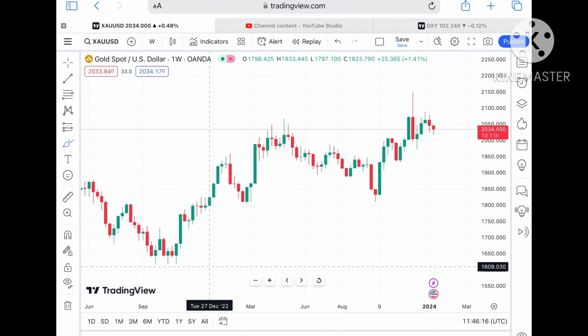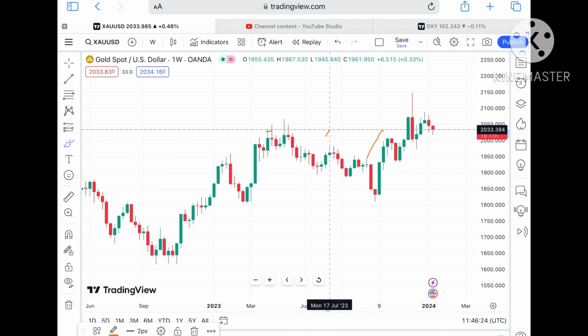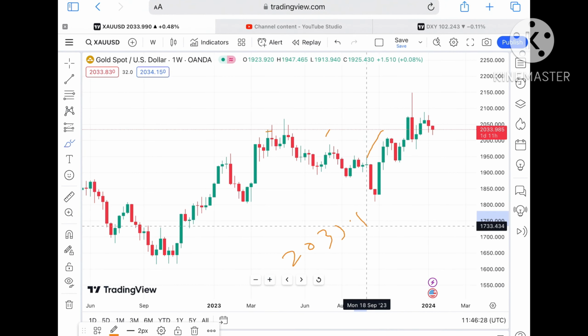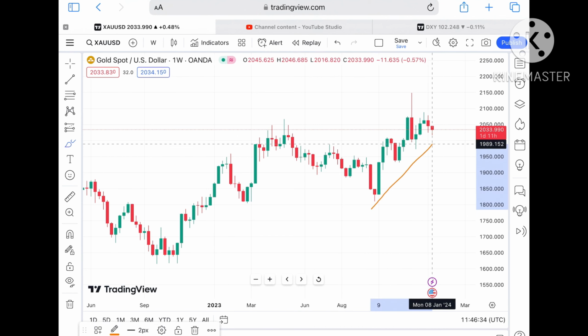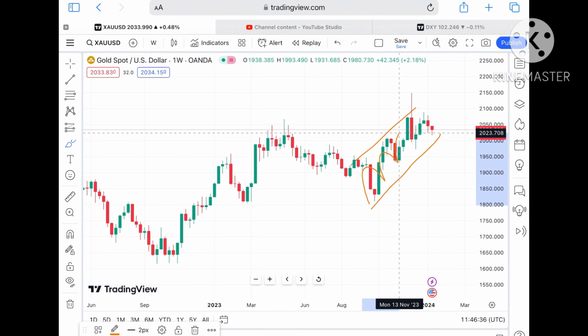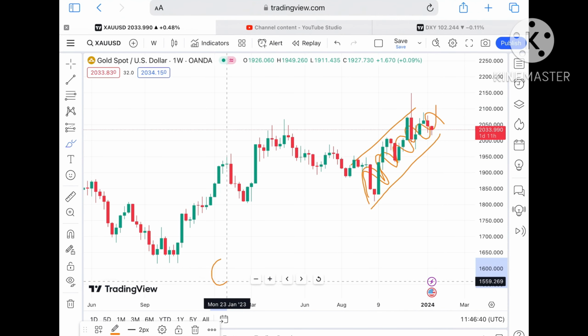Okay, now what you can see looking at this particular chart, it is trying to go upside, and it has already taken a strong resistance and moved out of the resistance, and now this resistance will act as a support, a level of around $2033.850. Okay, but as I've already explained to you, the market is uncertain. If you look at the overall trend also, it is moving upside, but see the volatility.